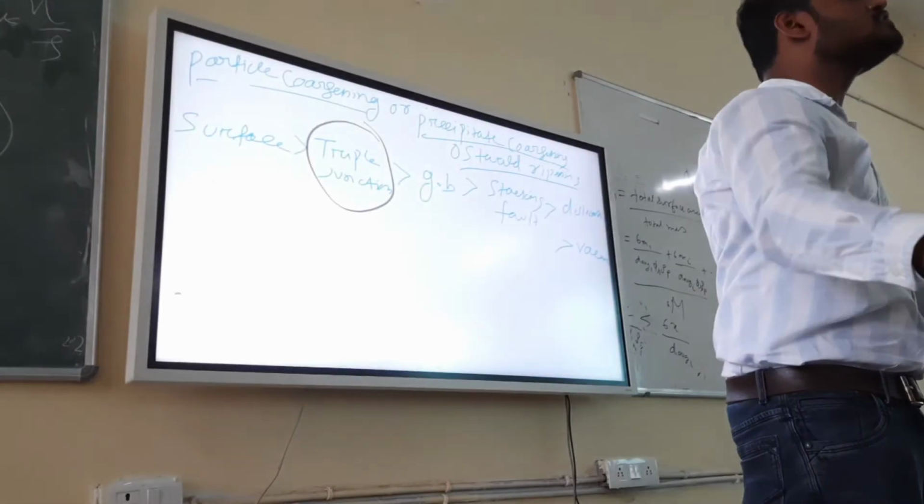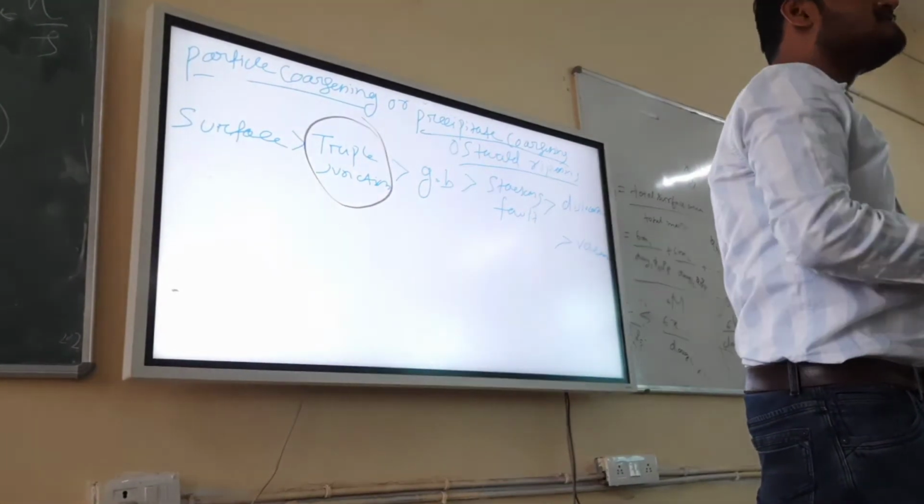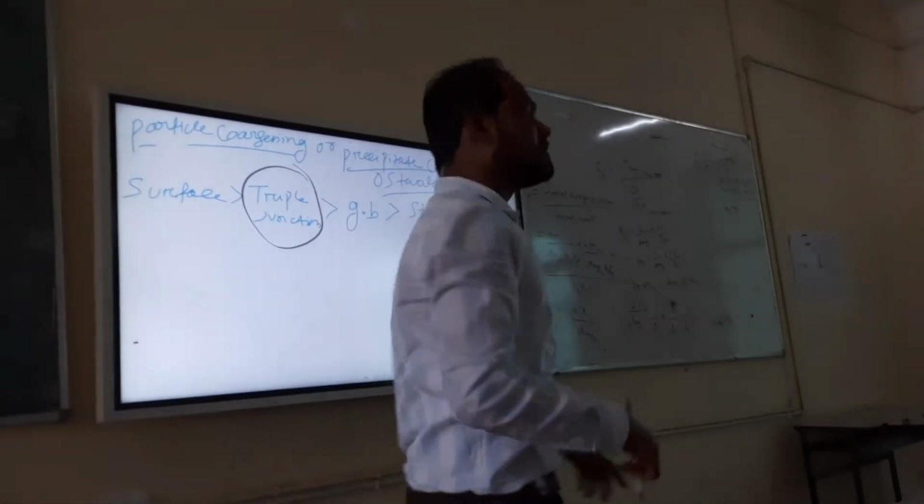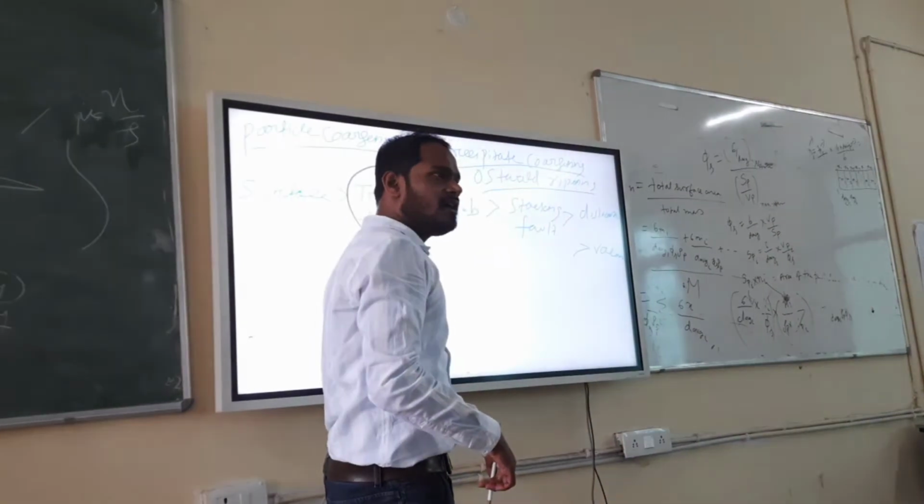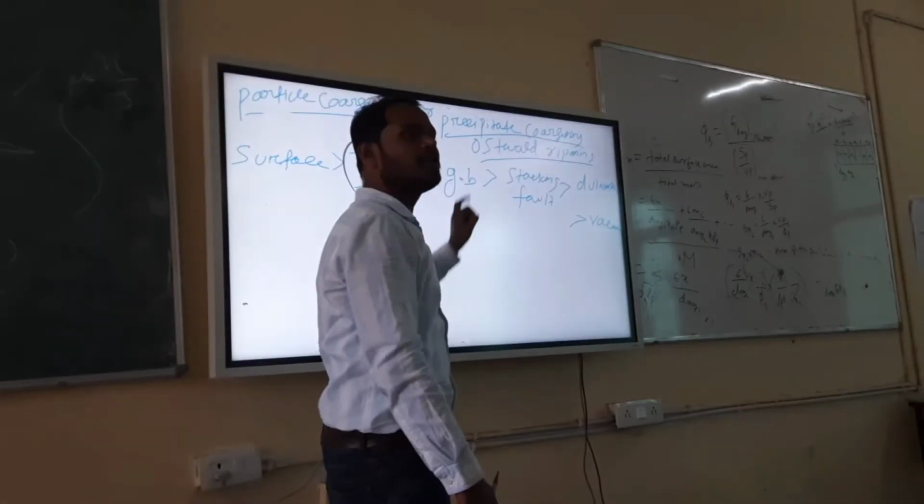But the new precipitate which forms in the grain boundary will be smaller in size. So if you look into a time interval, you have bigger precipitate and smaller precipitate, right? The bigger precipitate will be in the triple junction area, but the smaller precipitate which has nucleated recently will be in the grain boundary area.